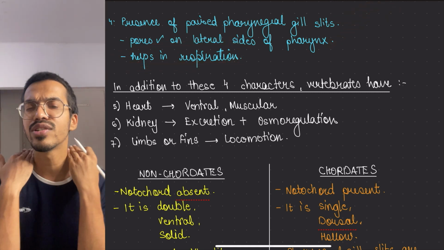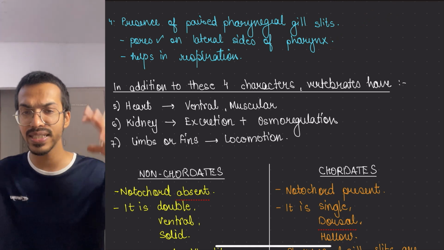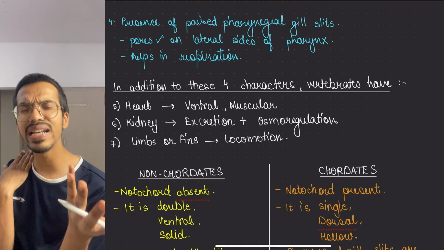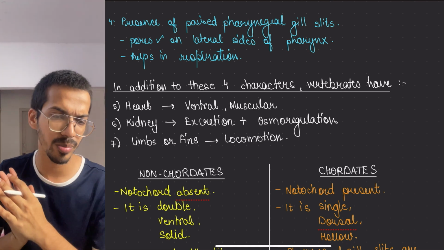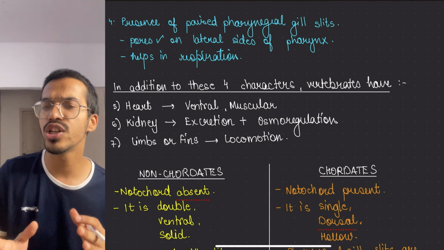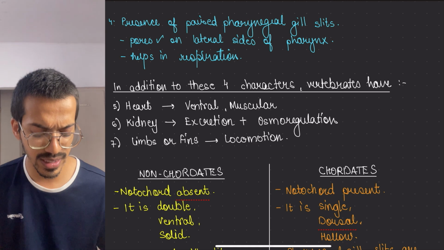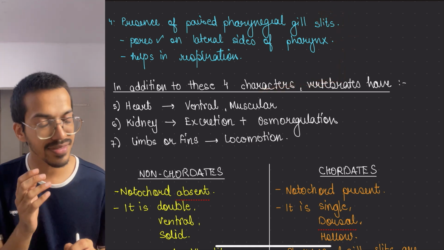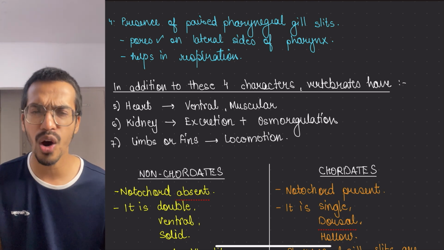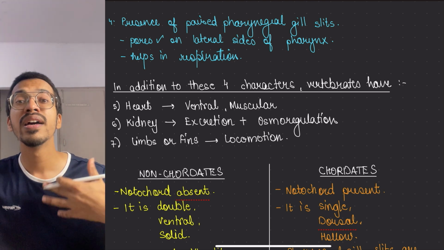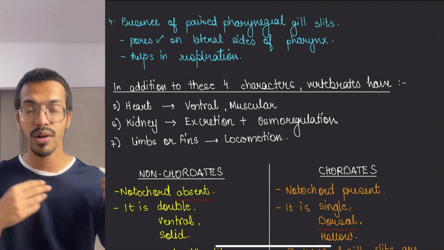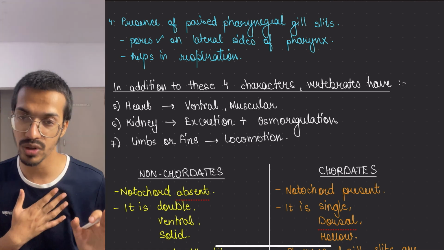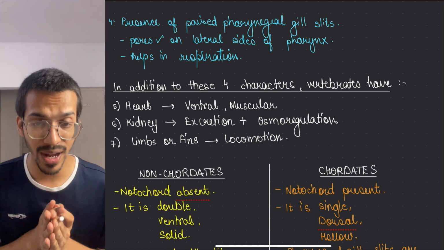So I told you that this is the lateral side, this is my ventral side, this is my dorsal side. So this side would be what? This is my lateral side, right? So this thing you have to remember. Moving on, in addition to these, certain more features are present, but these 4 will definitely be there in the course of their life cycle. Now we don't see it. Now what are we going to see? We're going to see the replaced version of it. During the embryonic stage, these things were present in me, you, everyone belonging to this phylum.